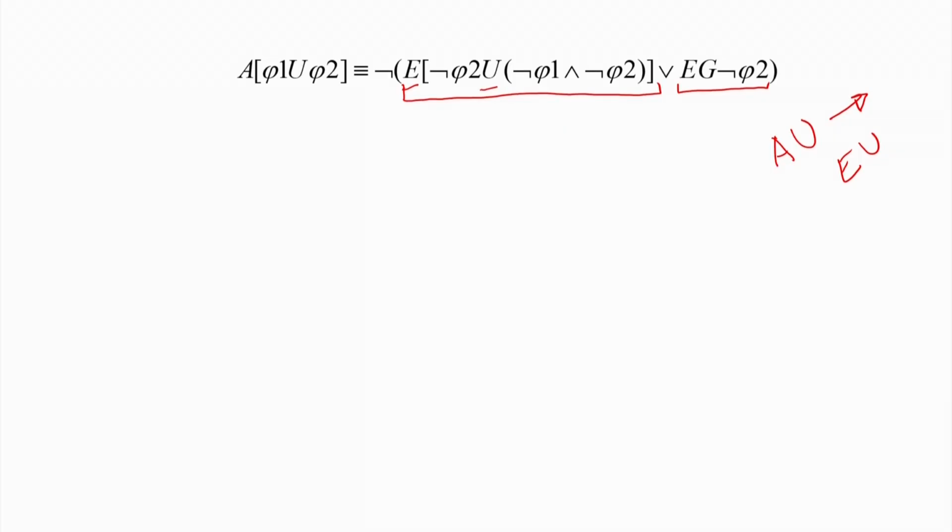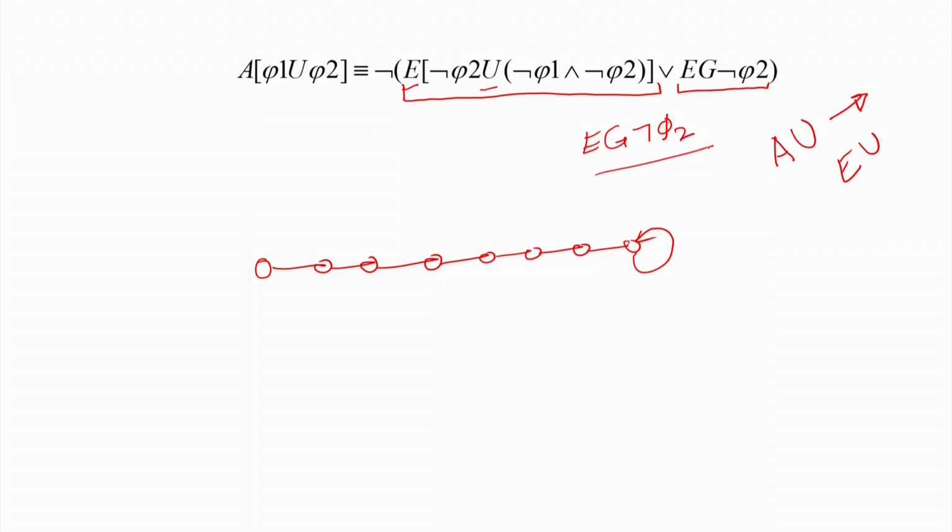I am going to give some notion of how we are going to treat these things as equivalent. Now, if I consider this component, E G not of phi 2, just consider one part, then I can extend it to any part.